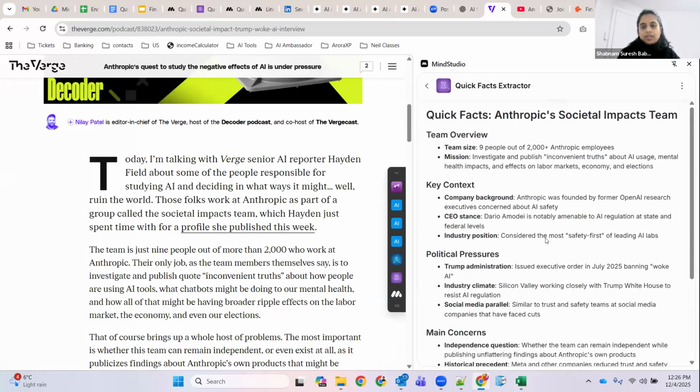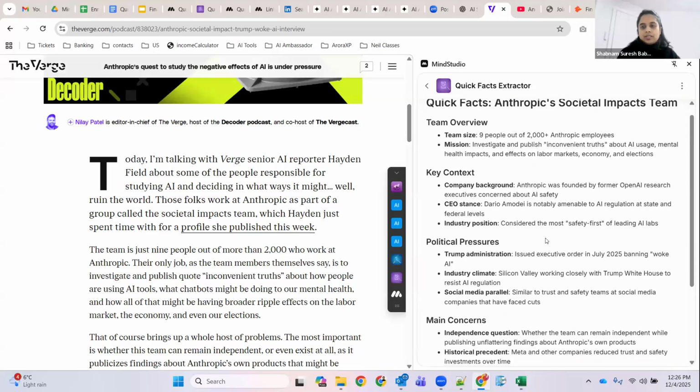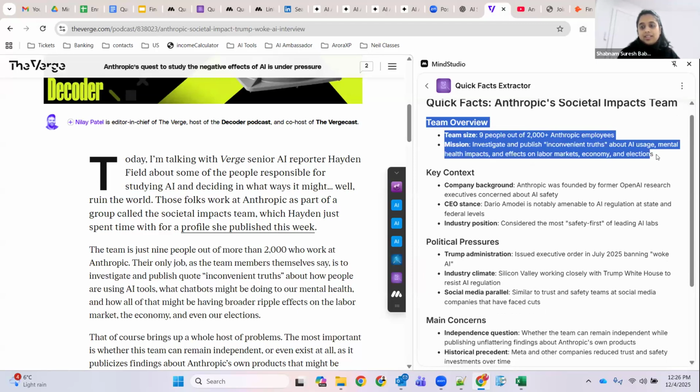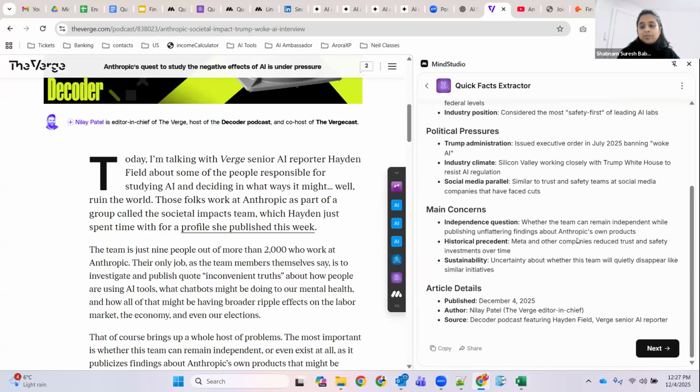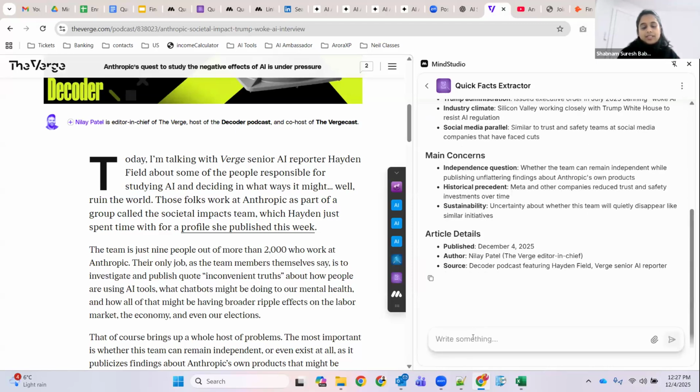Here it is generating the quick facts, and it's telling me about the team overview. There is a dedicated team that investigates and publish inconvenient truths about AI in general within Anthropic. That's interesting. I'm going to ask a question about that. And now you all can see there is a next button called Next. When I click on Next, there is a chat that appears.